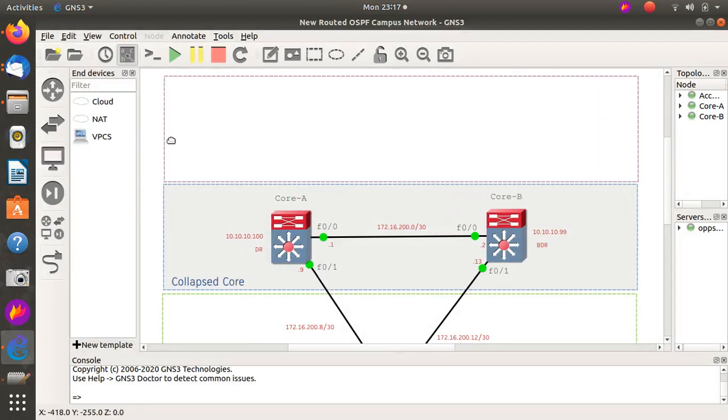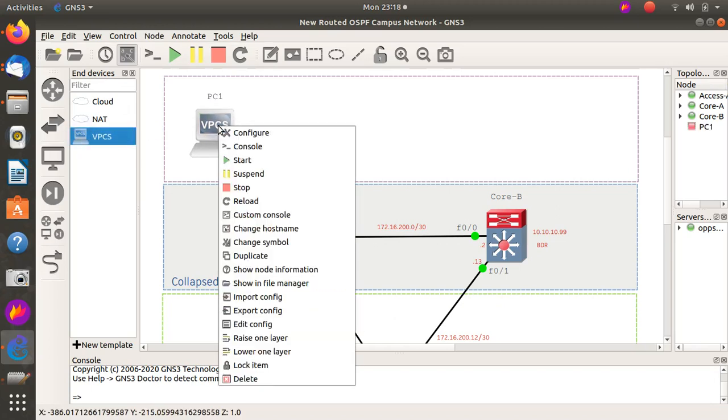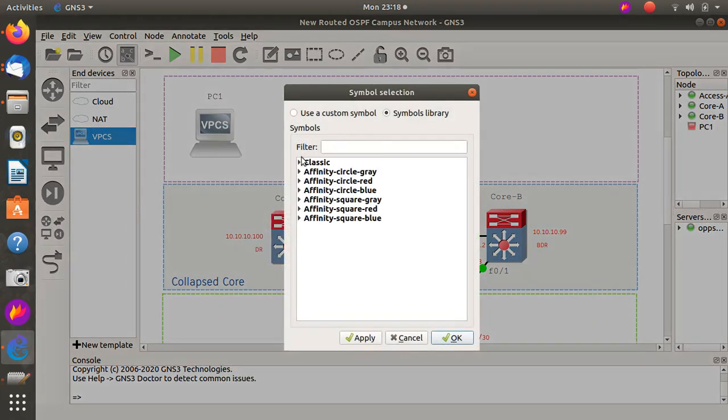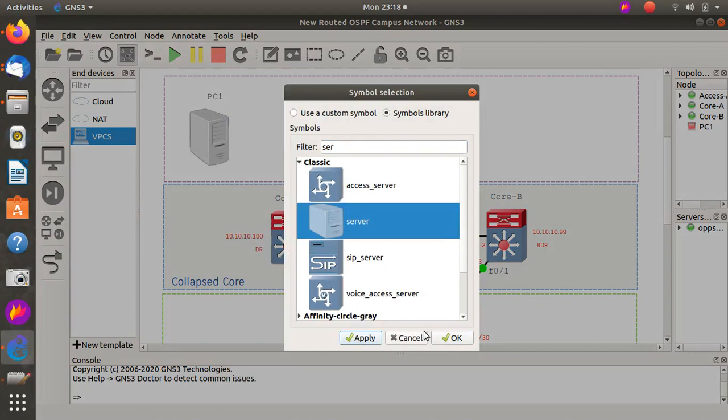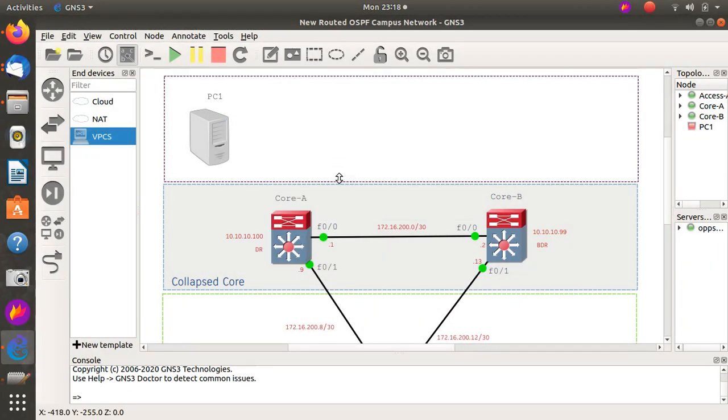So I'm gonna put this device here, and whilst we're here, why don't we just change the symbol to represent classic. Let's go to server, apply, okay. Alright, and we want this to have a route to it and at the same time that to have a route to it. So why don't we stick,